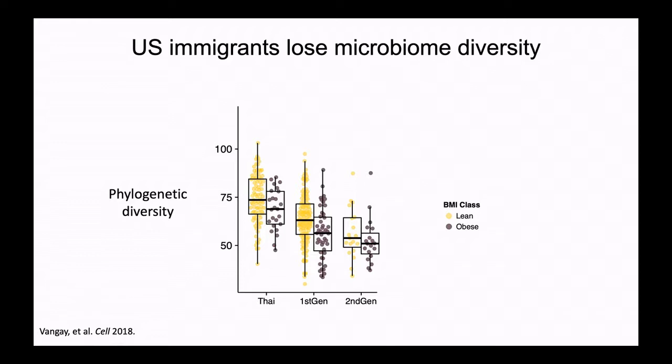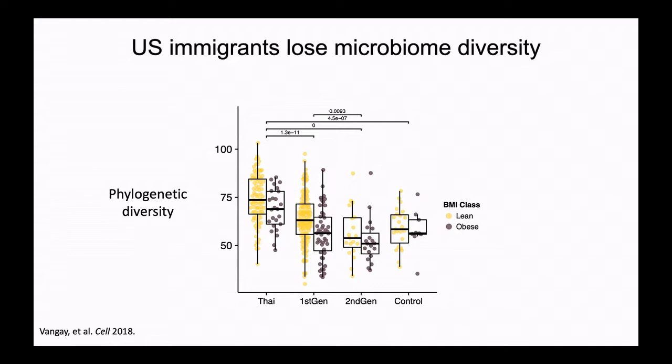So there's a theory about this called the disappearing microbiota hypothesis, that basically if each generation can only pass on a subset of their parents' microbes to the next one because of antibiotics, loss of fiber in the diet, things like that, then you have this kind of step function where one generation loses diversity in the microbiome, passes on a subset of microbes. The next generation loses more, passes on a subset, and we keep losing more and more ancestral microbes over time. And that's actually what we see implied here. And by the time you get to second generation, they're right about on par with the US controls.